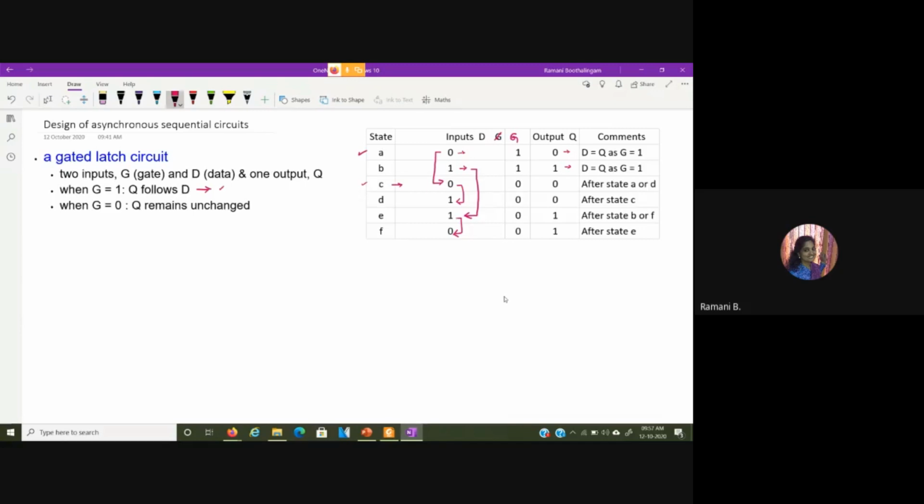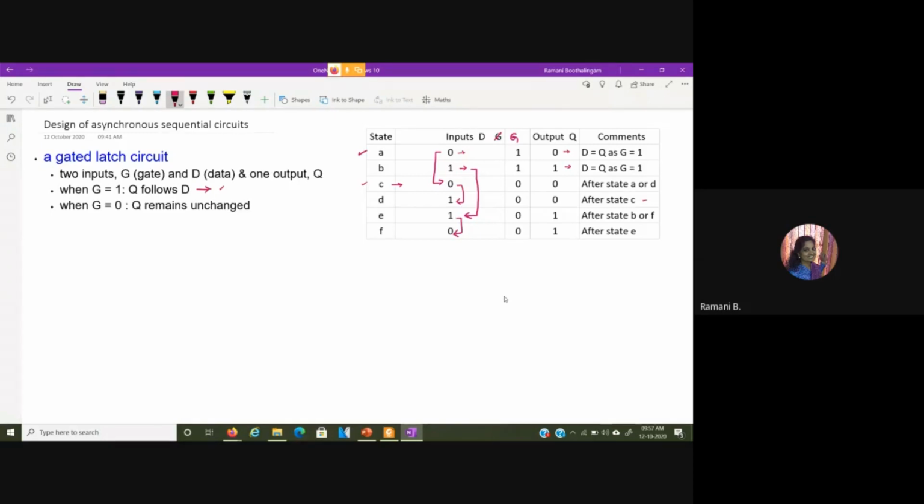Then this particular state, we came over this transition only after this, so you can say that this is occurring after state C. Similarly, for this particular thing, the comment here with G equal to 1 to 0, we didn't change the value of D initially and we checked for the output. So this can occur after state B, or this can even occur after this particular thing. Only one input is changing at a time.